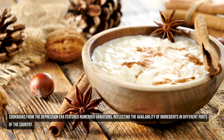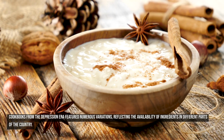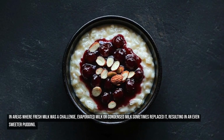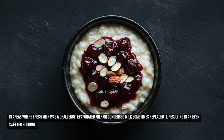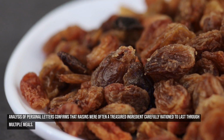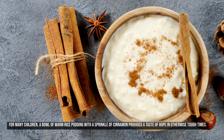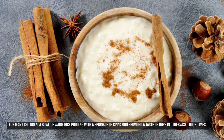Cookbooks from the Depression era featured numerous variations, reflecting the availability of ingredients in different parts of the country. In areas where fresh milk was a challenge, evaporated milk or condensed milk sometimes replaced it, resulting in an even sweeter pudding. Analysis of personal letters confirms that raisins were often a treasured ingredient, carefully rationed to last through multiple meals. For many children, a bowl of warm rice pudding with a sprinkle of cinnamon provided a taste of hope